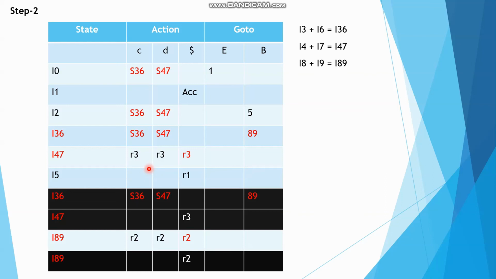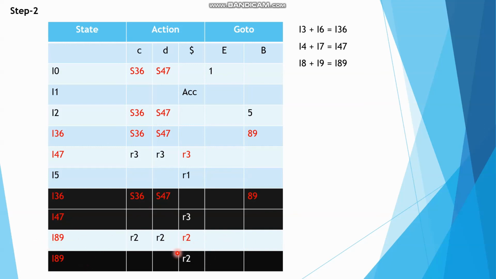The second thing we noticed, after we have changed or merged the rows, is this. Ignore this for now. We had this row and we had another row with the same state but with only a single reduction. What we did is that we merged this row with the first row and we got a row with 3 reductions. Now we don't need the second row anymore because the data is already present in this row. So we will also remove this from our parse table. We did the same with the 8, 9 states here.